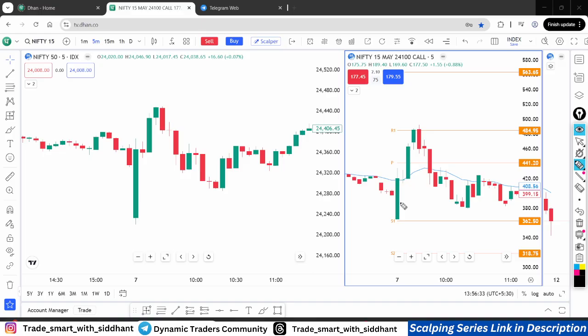For sure, you can wait, but not more than 5 points. Why? Because in early trade, the trade and the levels are not yet sustained, means not yet activated. So you are entering before the trade is activated. So in order to not give a big SL, you have to wait only for 5 points in minus below the entry level. If it's still sustaining below the entry level for 5 points in minus for more than 1 minute, you have to quickly exit.